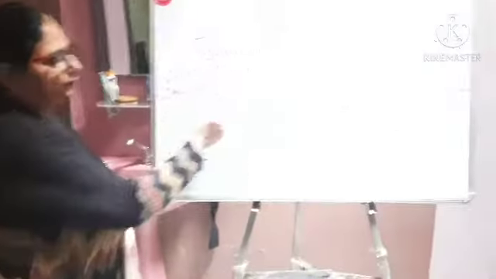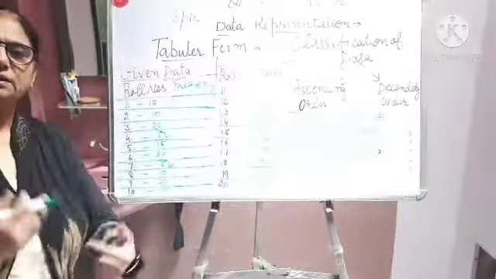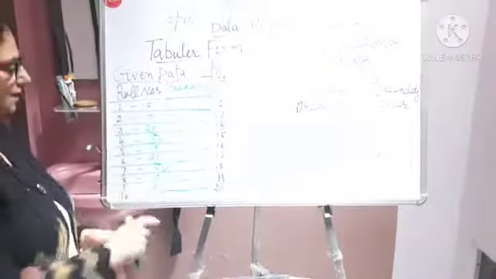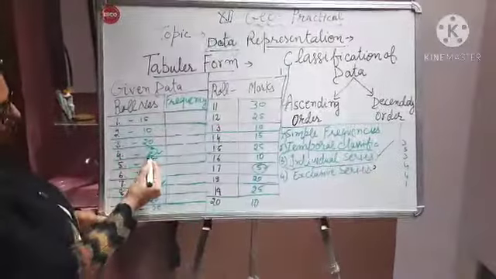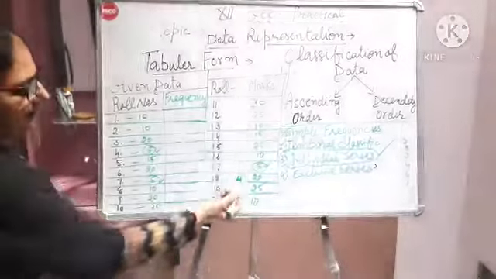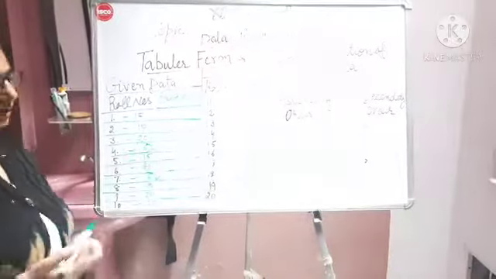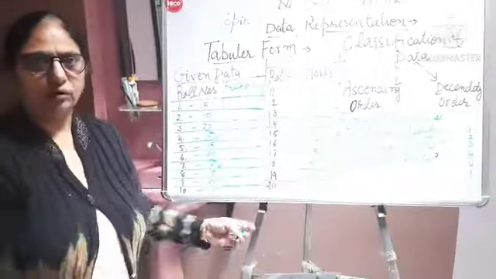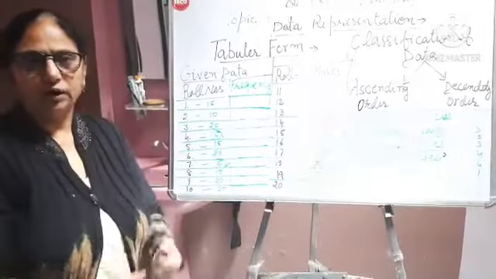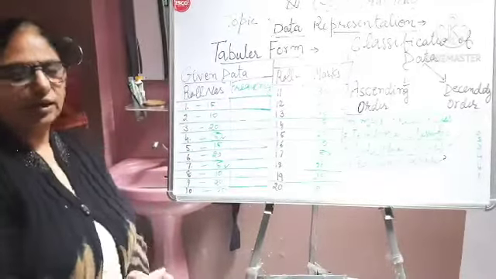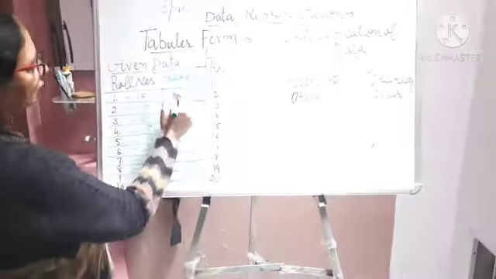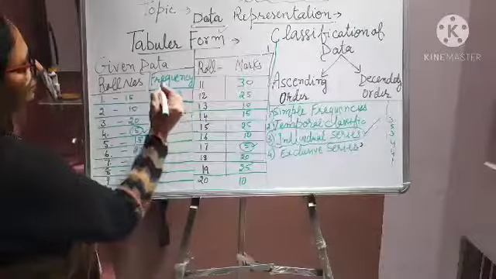Once again I am going to tell you, you have to take the frequency, meaning how many students have secured 5 marks. For this you just go through: roll number 4 has taken, 5 has taken and 17 has taken. This is very small data I have given you. If there is long data having 50 columns, then also we have to do it in this way. Be careful. 1, 2, 3, meaning our frequency is 3 here.